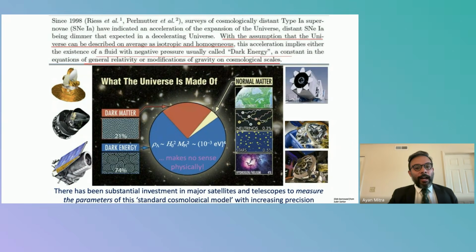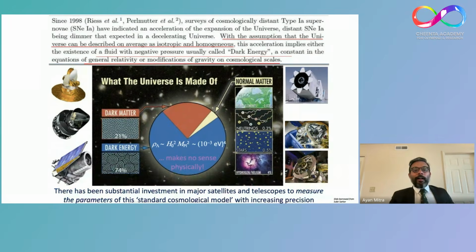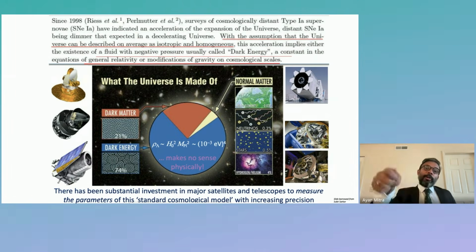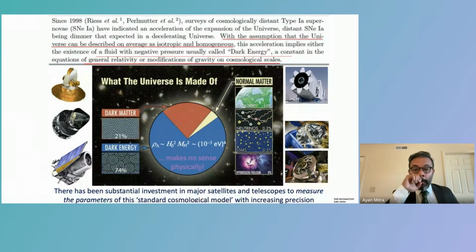The other thing, why is it dark? Mainly because of this, it's not visible. Now, if we do a back calculation to fit dark energy into our existing theory and see how much is needed to address the current time's acceleration, we see that it is the dominant component of our universe's materials. About 75%, about three quarters of what the universe is made up of is assumed or expected to be dark energy. The remaining 21% is what we call dark matter.